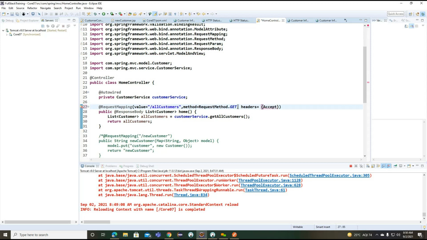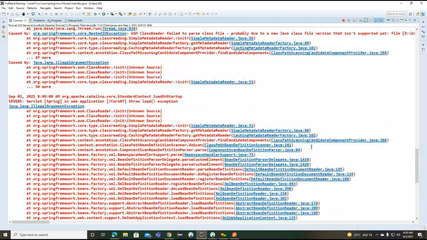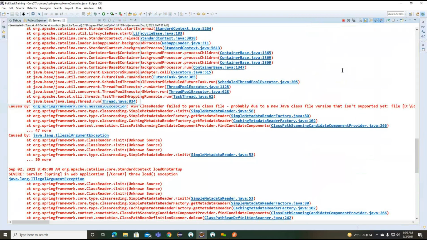First we'll try with this header section, whether it is going to work or not. Basically, okay, here we are getting it, right. This is the different one.